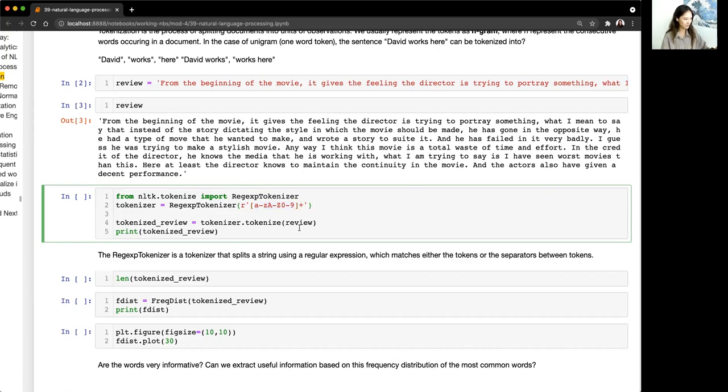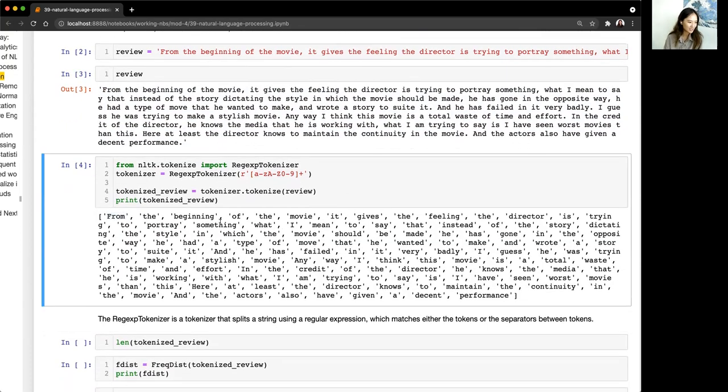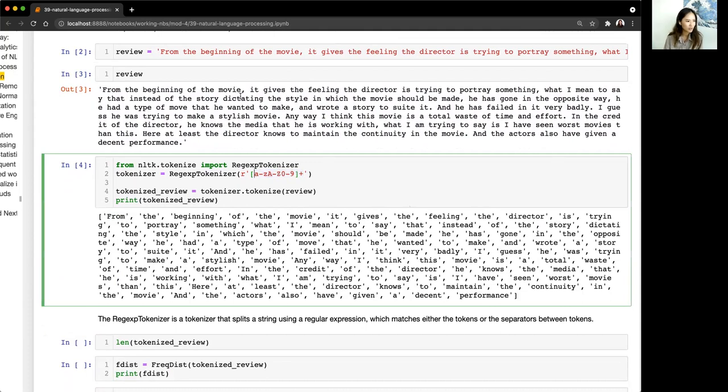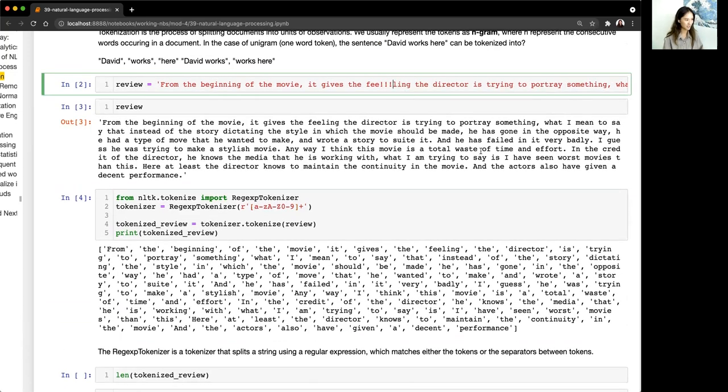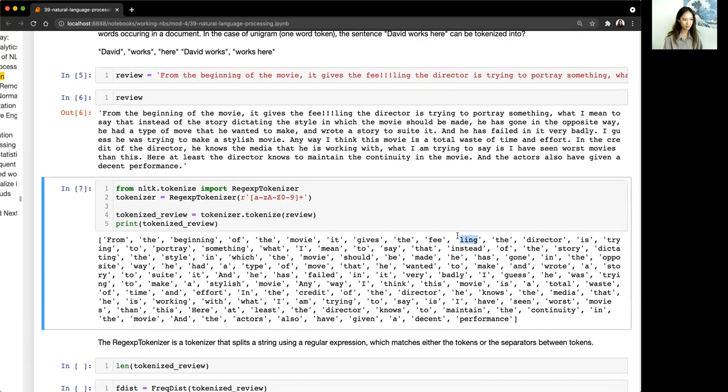So if we do this tokenizer, you can see that this starts as one long string. When we do the regex tokenizer, you can see here that it has split everything up. It's also gotten rid of the periods because periods are not included in this expression over here. No commas. Are there any apostrophes in here? I guess not. But if there were apostrophes, they wouldn't be included in this tokenizer. Something to note as well. Let's say there's a typo and I accidentally put a bunch of exclamation marks there. That will actually separate them out. So just something that's good to know.